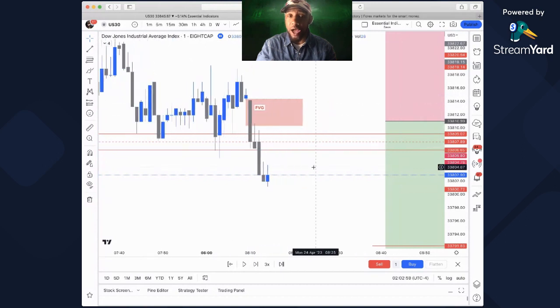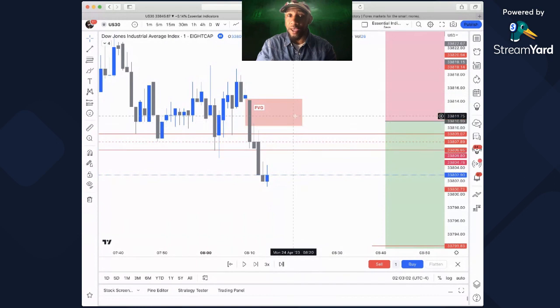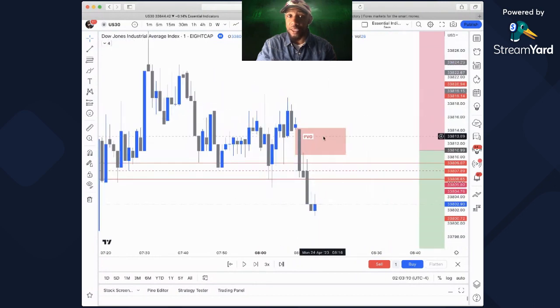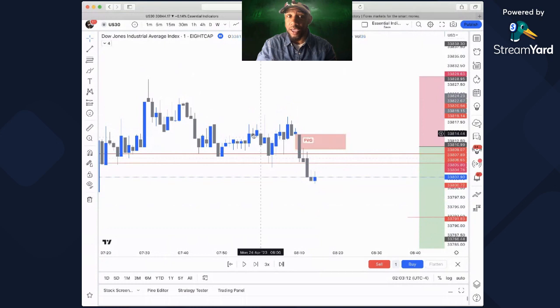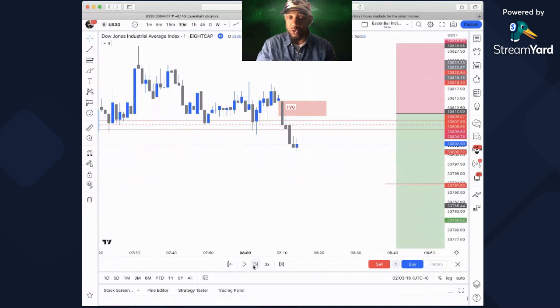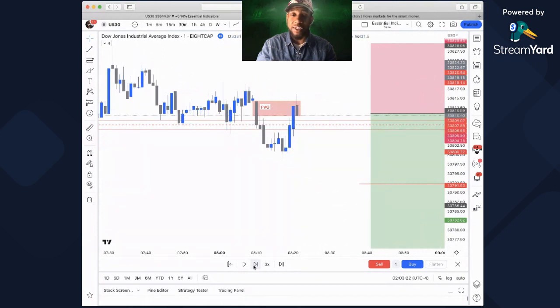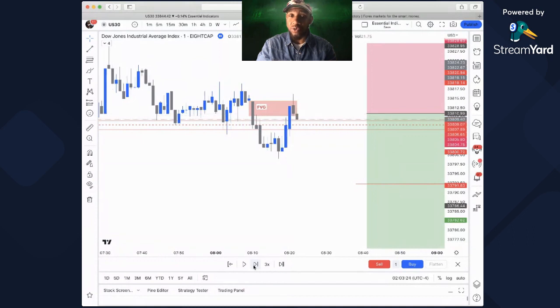Okay. So I am looking for it to come back into this zone, and then my ideal trade would be when it comes back here, hopefully at least filling 50% of the gap, and then I will put my stop loss at the high here. But as usual, I'm either making breakfast for my son, or in this case, I just woke up a little late. So I missed the entry.